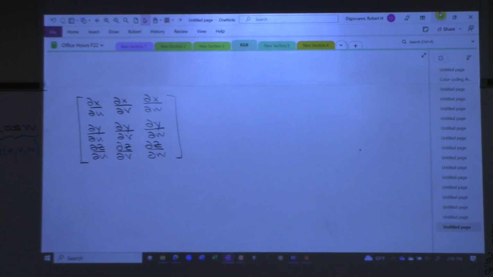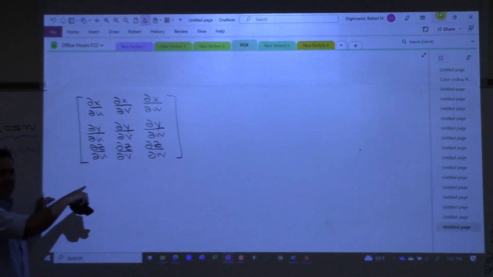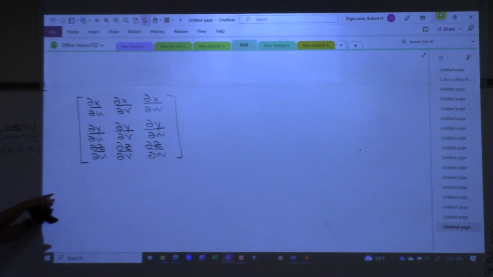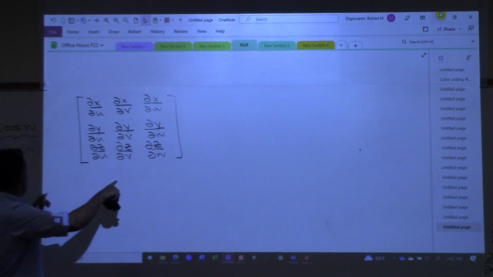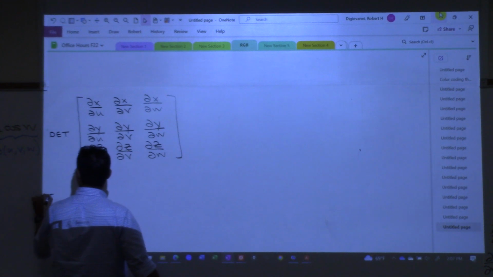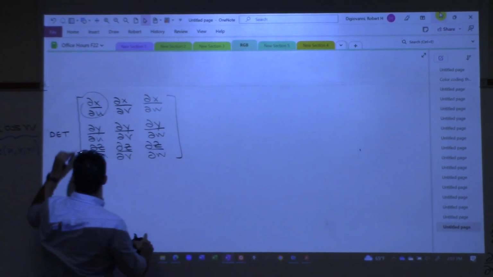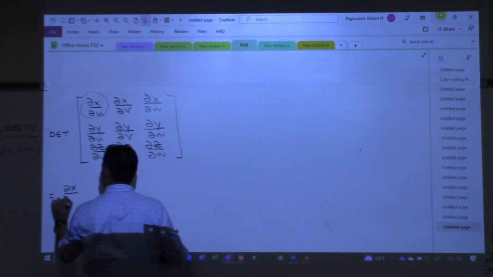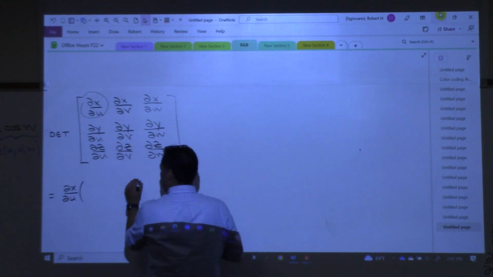Now, I still have a lot of room to make mistakes because now I need a determinant, right? I want to see if you're right or not. Okay, now, I'm going to write out the determinant of this without plugging anything in yet. So I'm just going to use the formula for determinant. The determinant of this, which is the Jacobian determinant, is equal to, we start at the top left, that's partial x with respect to u. Then we multiply that